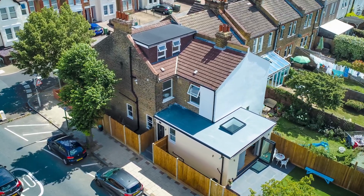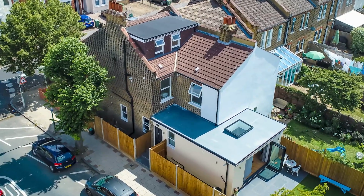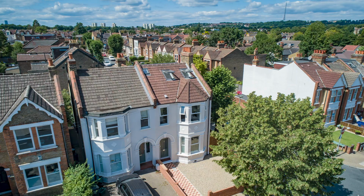So this is a double bedroom upstairs in the new loft conversion. We bought this property with planning permission, and unfortunately the planning permission that was granted wasn't for a large dormer. It was a very small dormer. We didn't want to go back to planning and waste a lot of time trying to get a bigger dormer. There were no permitted development rights with this property because it is a share of freehold maisonette, and so it's not freehold where you do have some permitted development rights. So rather than go through the long drawn out planning process, we stuck with the planning that was granted,